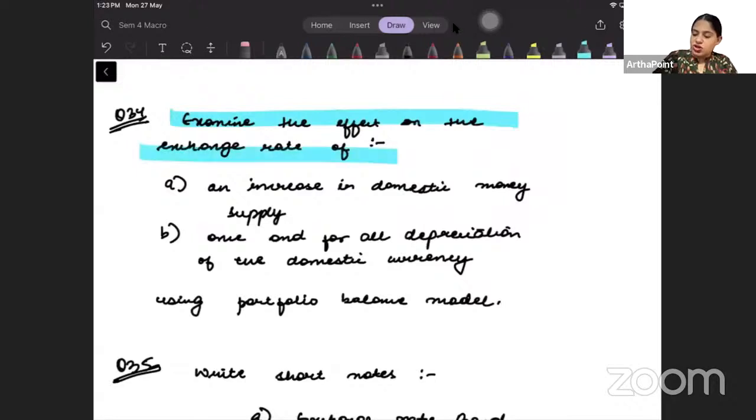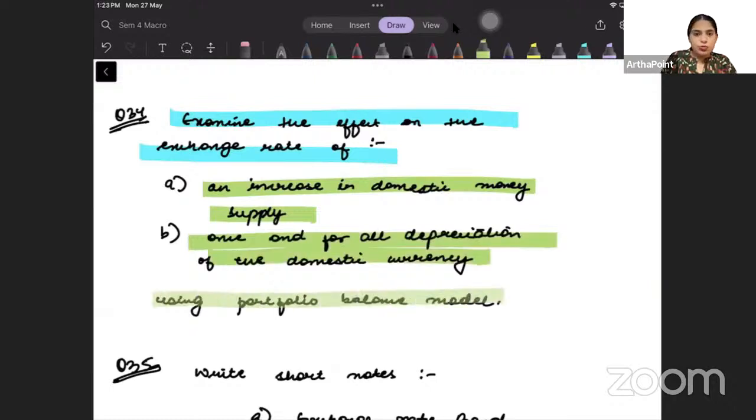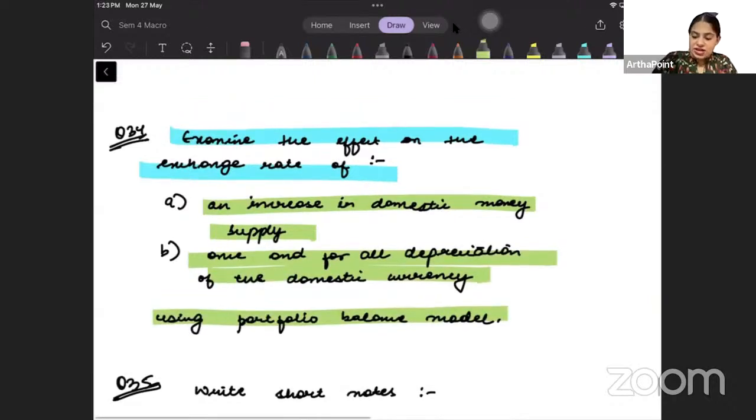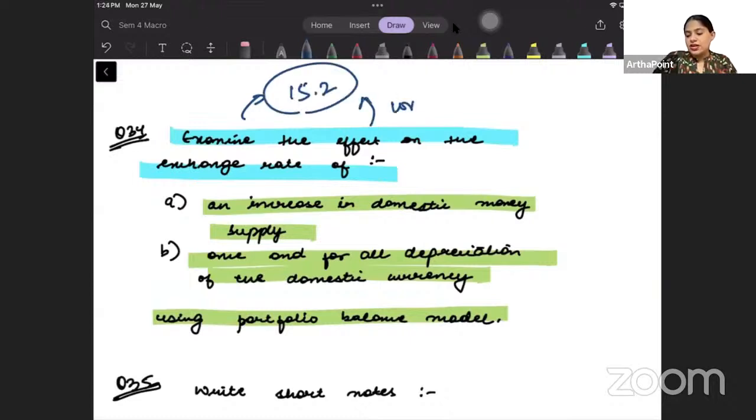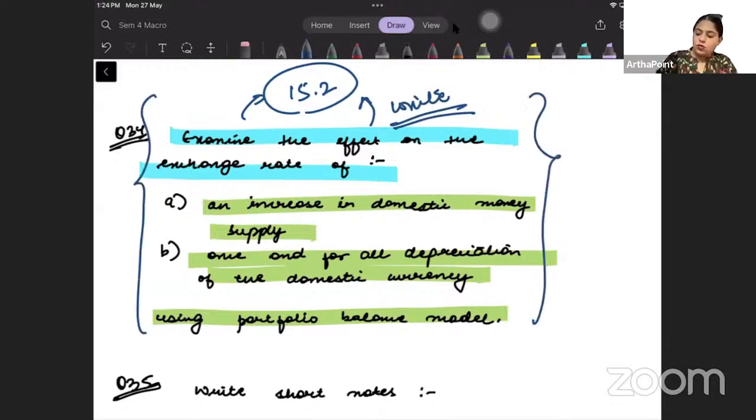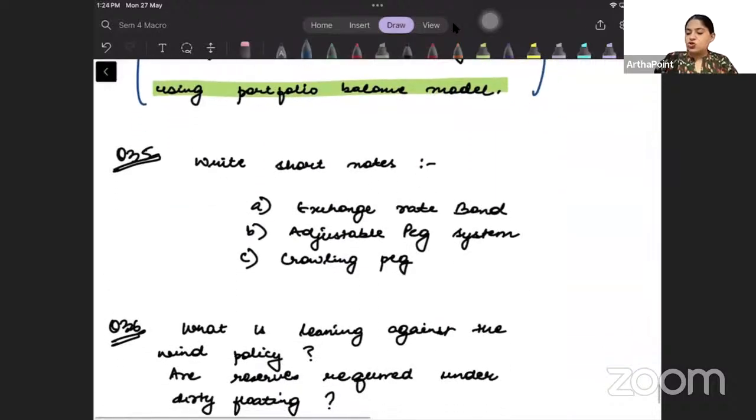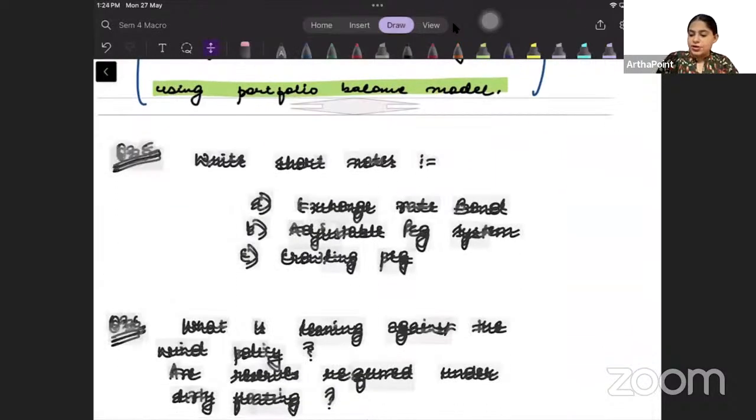ठीक है, ओके, so now it says examine the effect of exchange rate on exchange rate of increase in domestic money supply, one and for all depreciation using portfolio balance approach. This is again from appendix 15.2 beta. You can write the answer to this question, so refer to appendix 15.2 for this question. Okay, next question beta, this is from your next chapter, chapter number